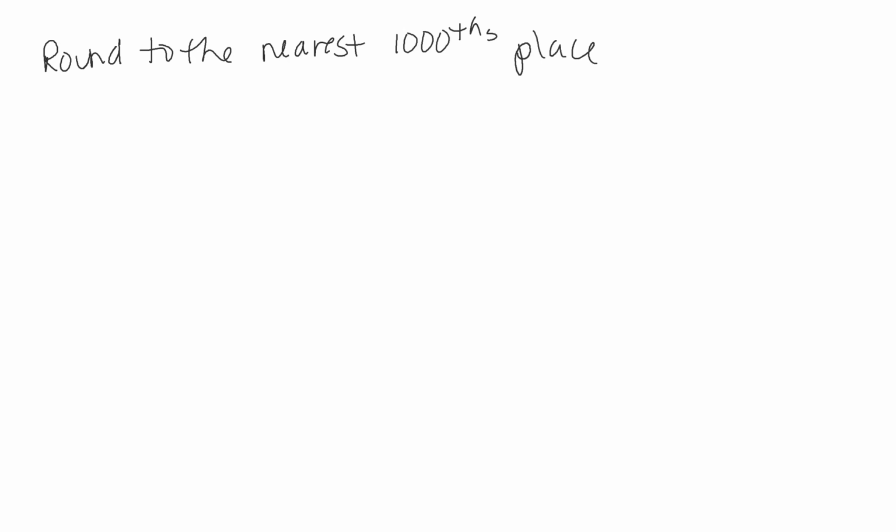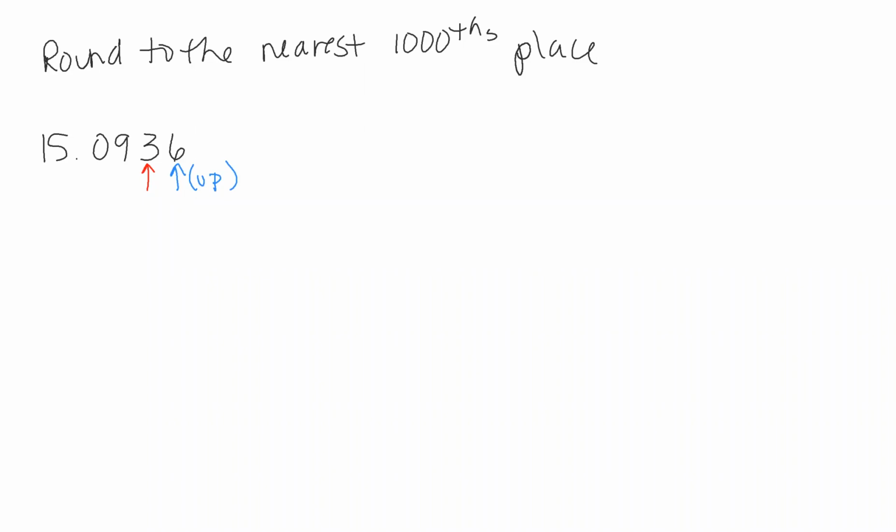So for these examples, we're going to round all of them to the nearest thousandths place. So let's say I have 15.0936. We want to locate the digit in the thousandths place. That would be this digit right here, the 3, okay? We look 1 digit to the right, the 6, and that tells me to round up because 6 is 5